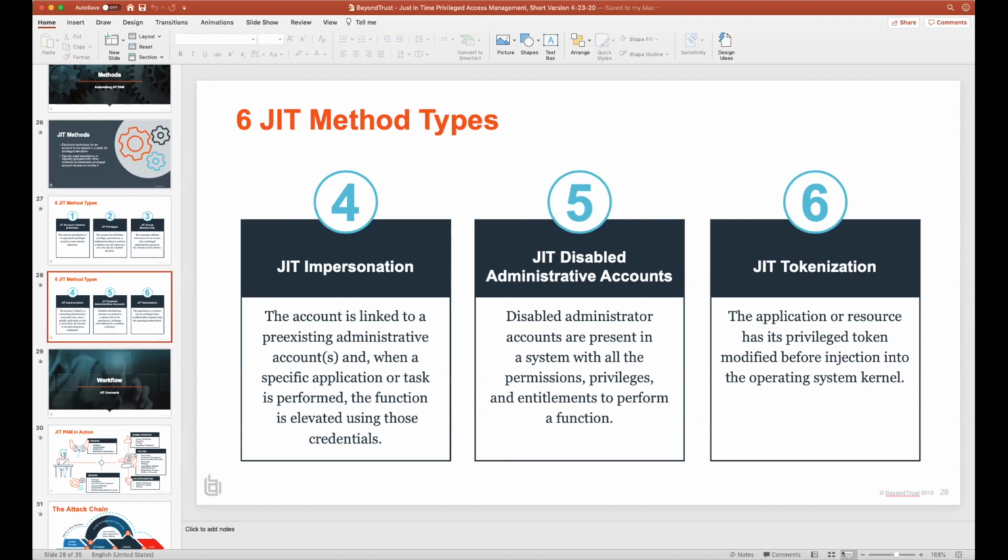Impersonation is the quick technique that I mentioned before. This is basically taking the application and running the application tokenized. So you basically intercept it before it hits the kernel, you change its security permissions, and you run it with a higher level of permissions. This is patented technology by some vendors, depending on the methodology that they use. You never give admin rights. The program runs as an admin or a higher state, but not the end user.